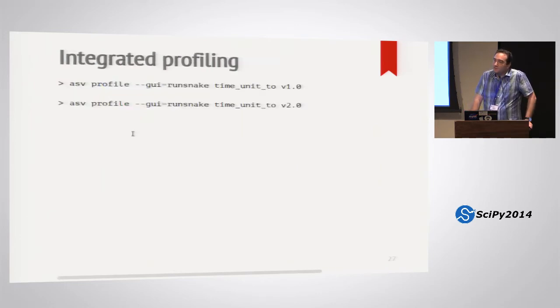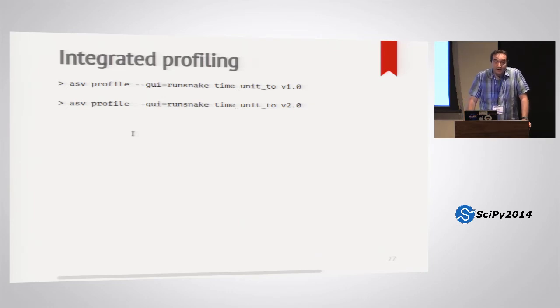It also integrates with profiling tools pretty well. So you've plotted these graphs, you've seen that it's getting slower, you want to figure out why so that you can fix it. The asv command just has this profile option where you give it the name of your benchmark and a tag in your repository, and it will go ahead, check that out, build it in a virtual environment, and pop up the profiler to start